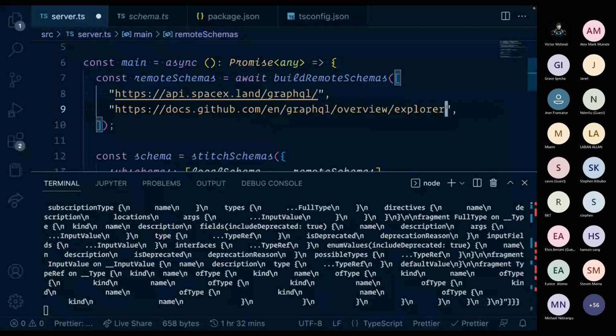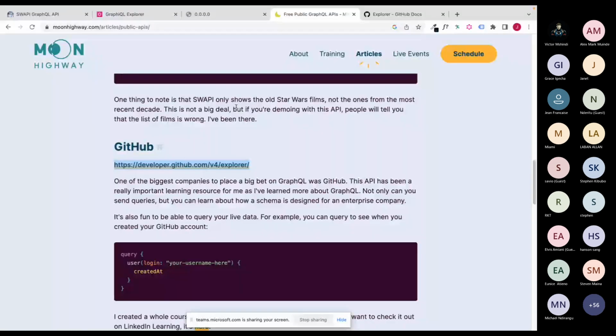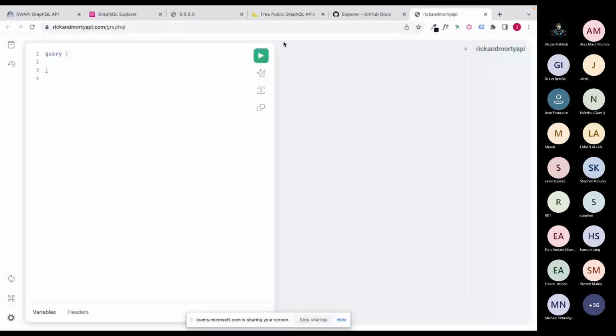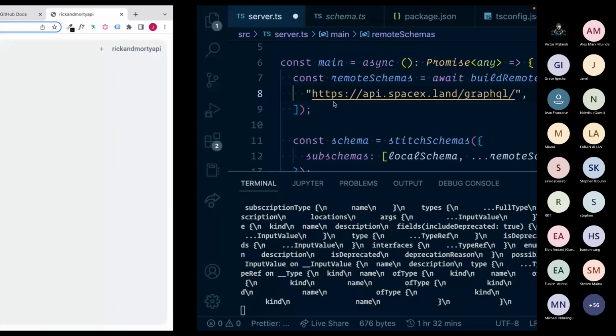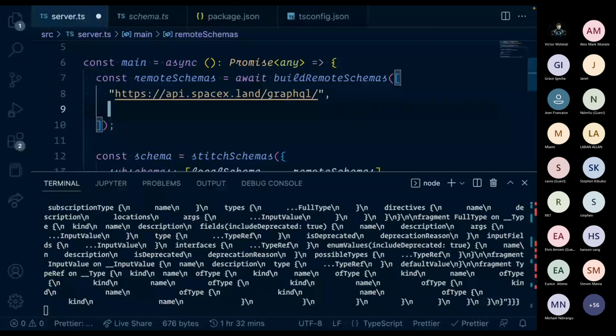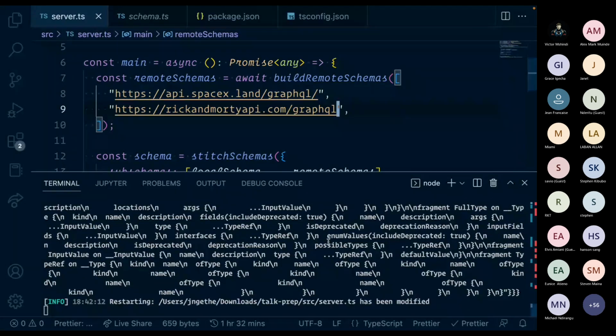Yeah, we can't. Rick and Morty. Okay, that seems to work.